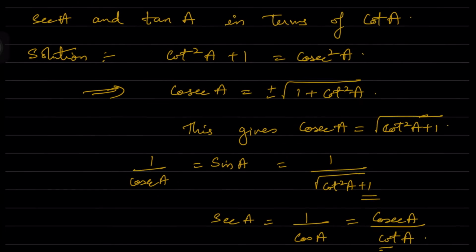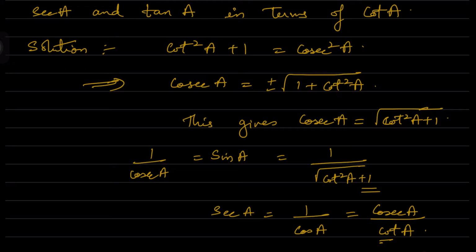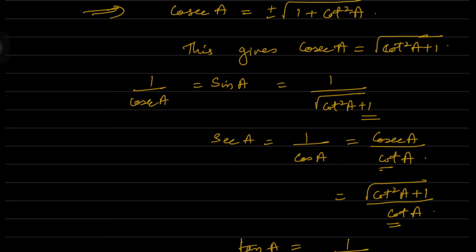And here I have written 1 by cosecant A is nothing but sin A. So that is equal to 1 by root of cot square A plus 1. So sin A in terms of cot A is written as 1 by root of cot square A plus 1. Next, secant A can be written as 1 by cos A, which is equal to cosecant A by cot A, because cosecant A is nothing but 1 by